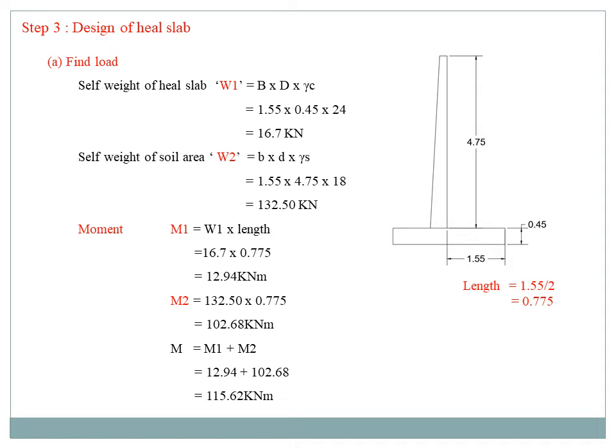Then finally add the total moment. So M is equal to M1 plus M2. M1 is equal to 12.94 plus M2 is equal to